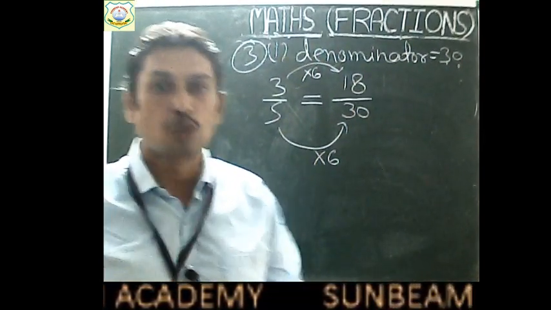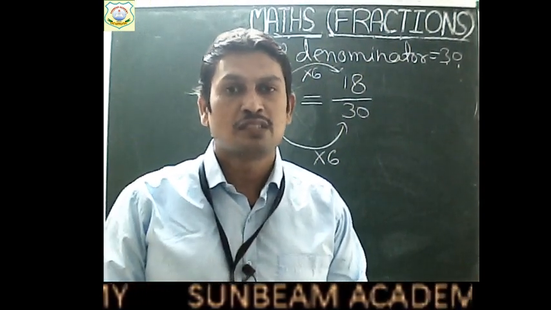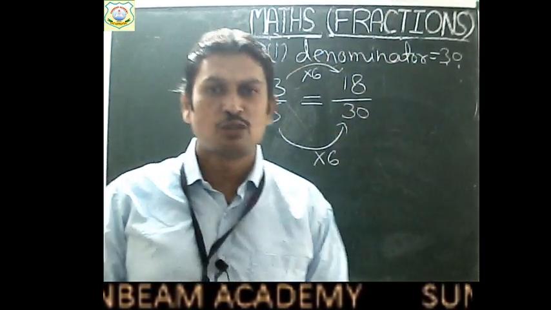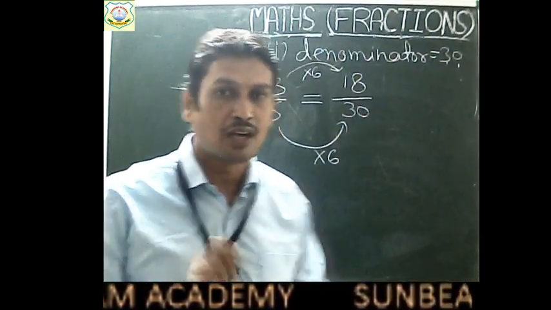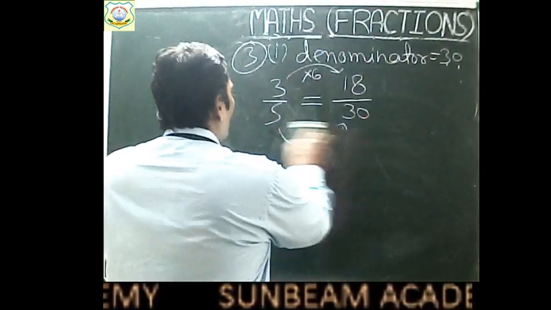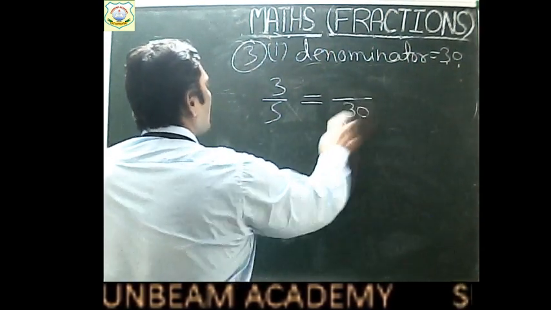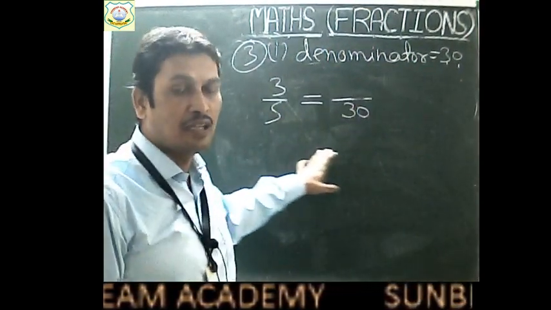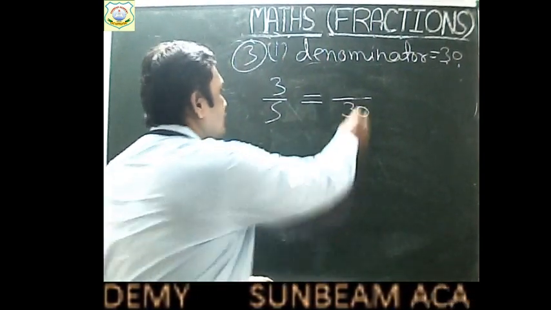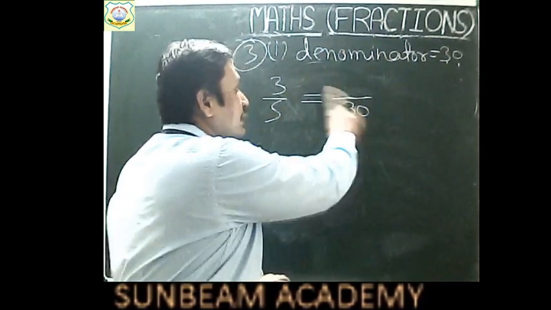But if this question is asked for 2 marks and you have to solve it, then how will you show this? If I ask you how have you got this answer, so what will you do, children? You will solve this and show me. How to do, children? Let me see. So all of you see how to solve this question. Suppose our fraction is 3 by 5 and we have to find its equivalent fraction here, right? So in equivalent fraction, what is given, children? Denominator is given 30, numerator is not given.